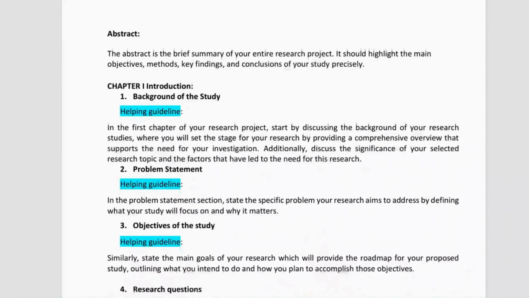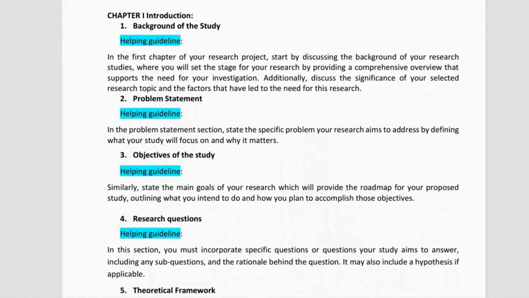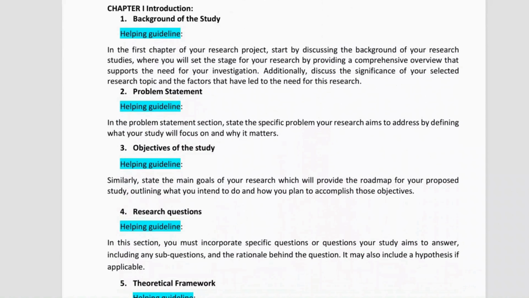Then you have to write the aims and objectives of the study. These are actually the main goals that you want to achieve with your research project, like what exactly you are trying to figure out, find out, or accomplish. Keep two things in mind while writing the aims and objectives: instead of using paragraphs, make sure that you use bullet points.